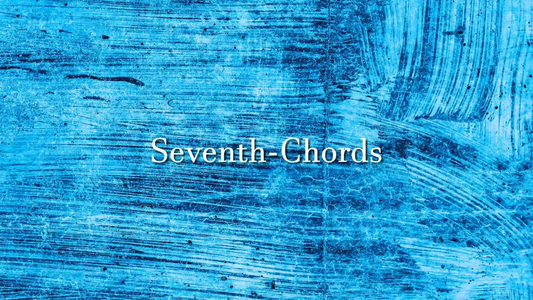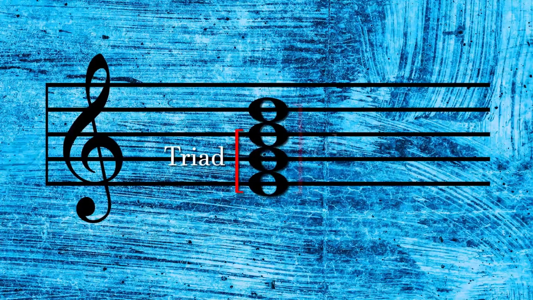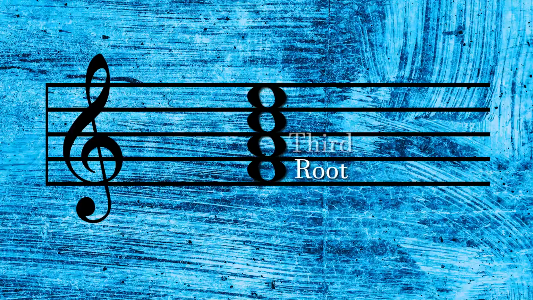Seventh chords can be understood as either a triad plus a seventh over its root, or a triad with an additional third stacked on top of its fifth. Seventh chords can be written on 4 consecutive staff lines or 4 consecutive spaces. When a seventh chord is stacked in thirds, the lowest note is called the root, followed by the third,